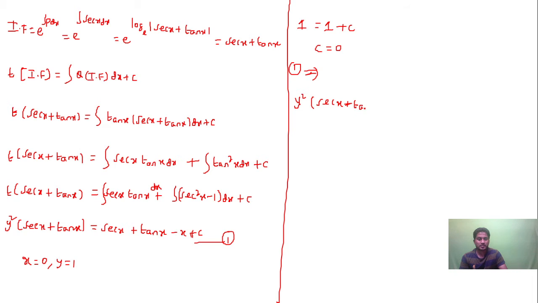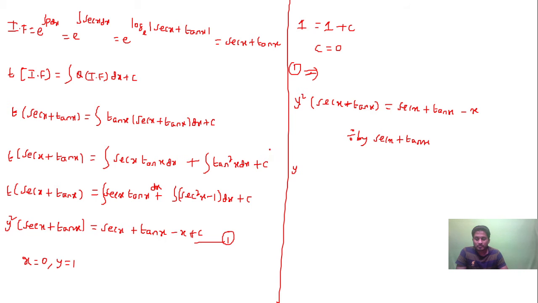Sec x plus tan x is equal to sec plus tan. Sec x plus tan x minus x. So I'm going to divide by sec x plus tan x. If I divide throughout by sec plus tan, you get y square is equal to